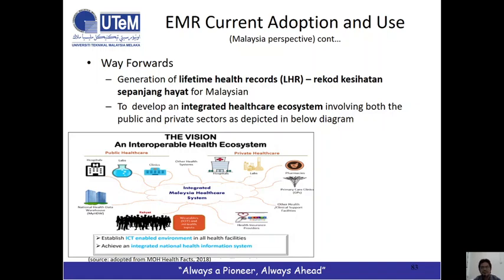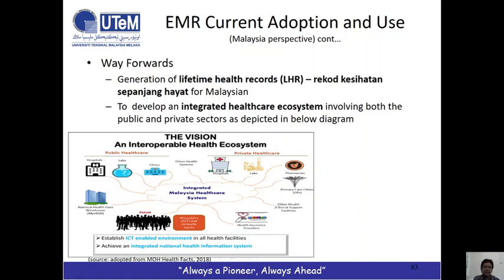This is the ultimate goal, to reduce the cost of managing patients and reduce the healthcare cost every year by generating the lifetime health record,